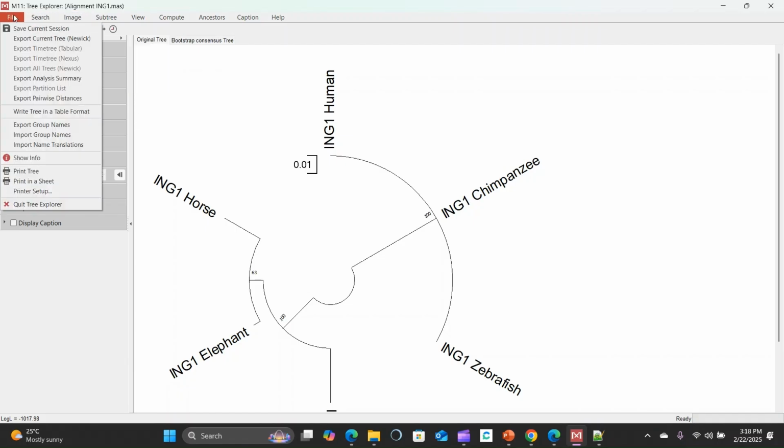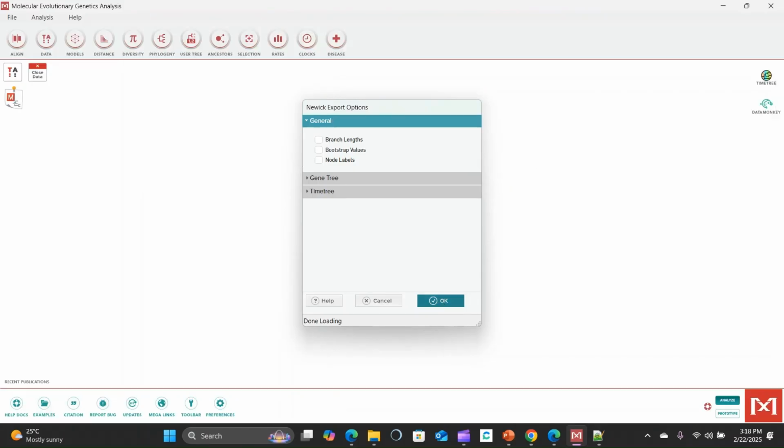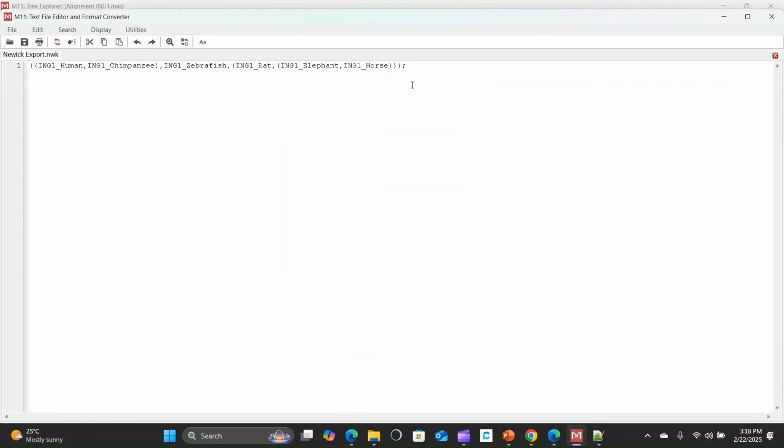There is another thing, if you want to export the current tree in Newick format, to use in any other phylogenetic construction methods or customization tools, you can export it to this one. So here this is the Newick export. Here you can copy this one,